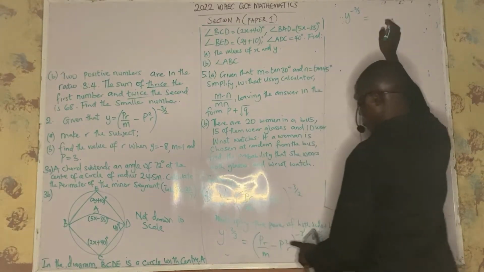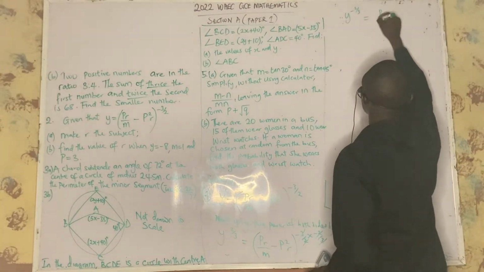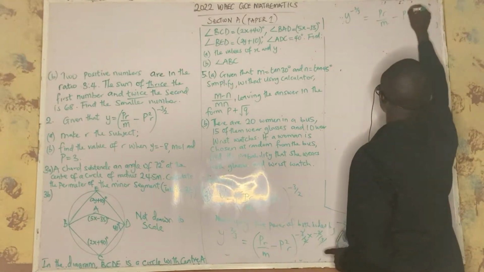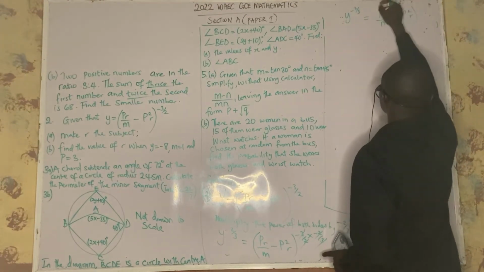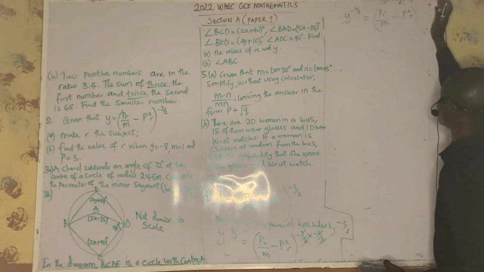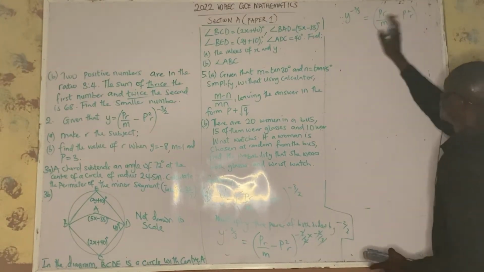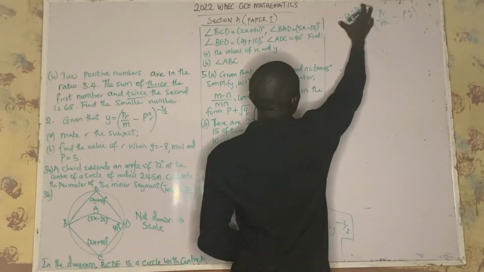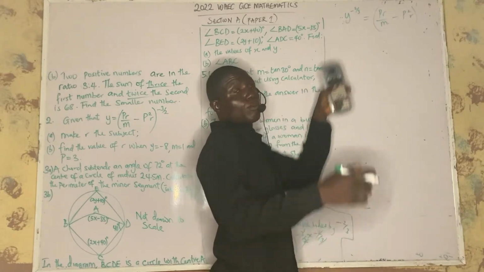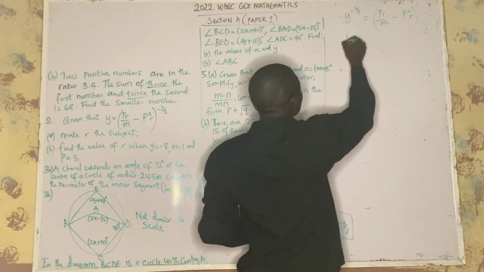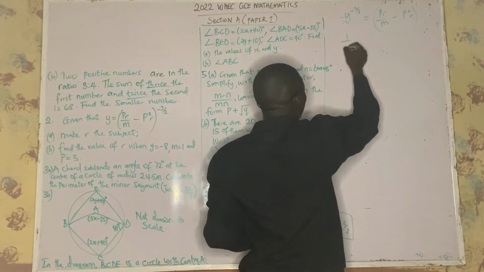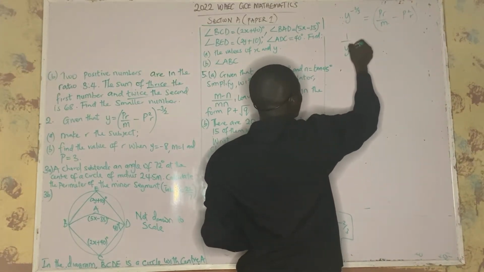equal to now PR over M minus P squared R raised to power what? Minus 1 times minus 1 will give you plus 1. And anything raised to power 1 is that thing. So now what I'm going to do here is that you can bring this one down as a result of the law of indices. Anything raised to power minus 1 can be brought down. So you can say 1 over y raised to power 2 over 3